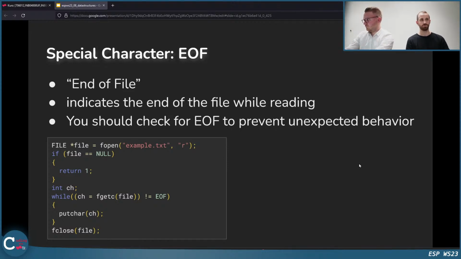In the first example, you're opening a file, example.txt, and you want to read. At first you should always check if what you get back is null, because it might not work. For example, if the path is wrong and there is no example.txt, you will get null back, and then you have to react differently. Here we have a while loop.